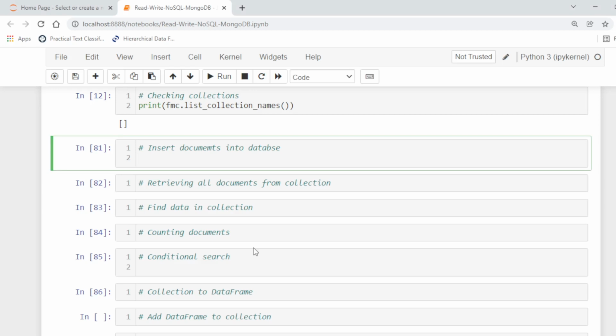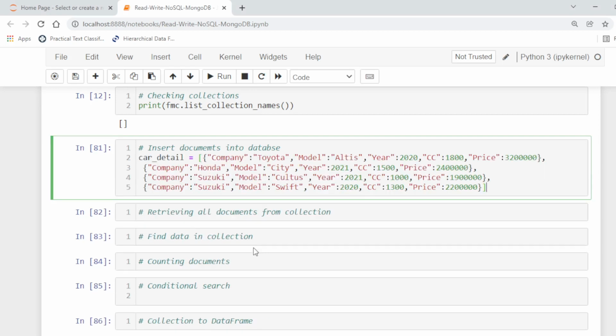So this is our documents, car details. In this collection there are 4 documents, and this is a collection called car detail, and there are 6 fields in these documents.